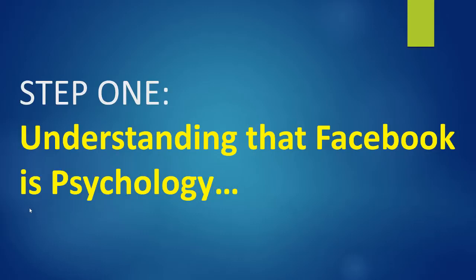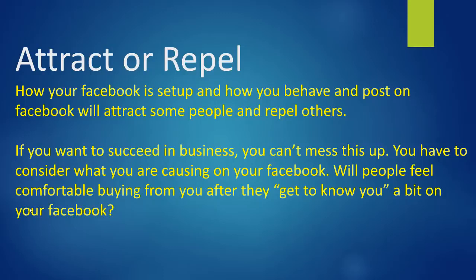I understand that Facebook is about psychology, and I use it to attract and to repel. I use Facebook to attract the right kind of people that are more predisposed to doing business with this kind of offer and product or service. And I use it also at the same time to repel people where what I do and who I am and what I'm about is not attractive to them. Okay, it won't work for them. I want to repel the wrong kind of people away from me quickly. And so the way that I show up on Facebook quickly attracts the right kind of people, and it begins to repel the wrong kind of people away from me without me doing it one-on-one and wasting my time.